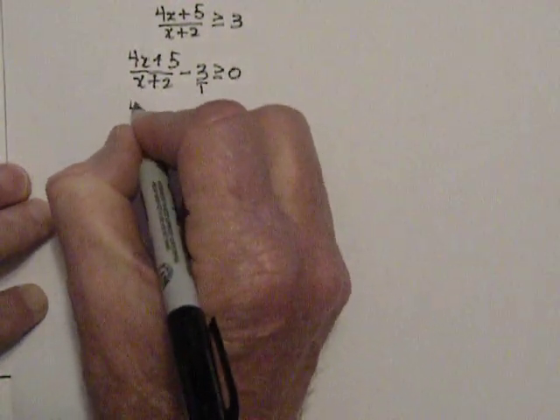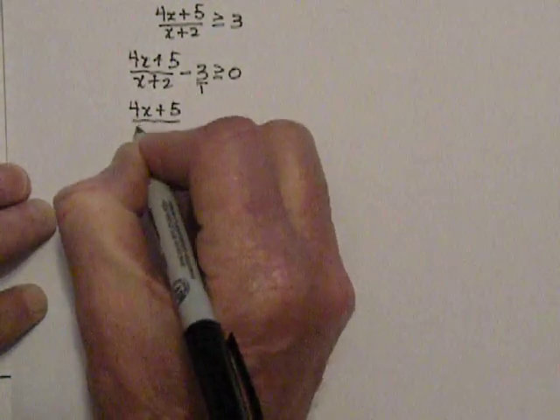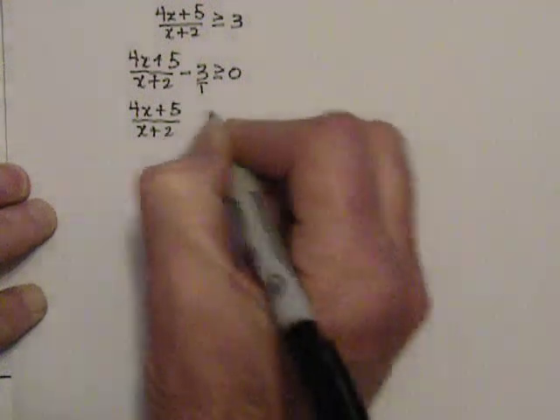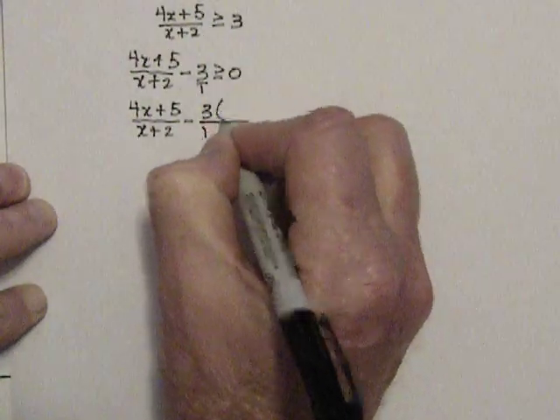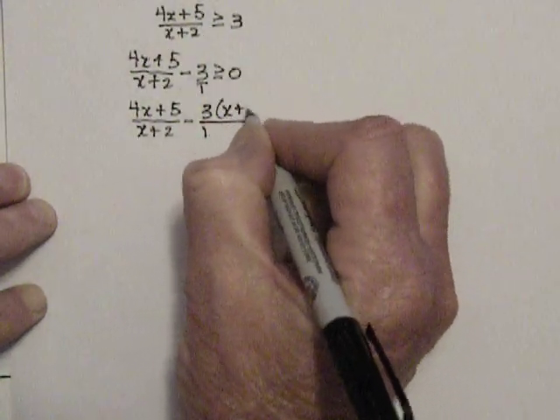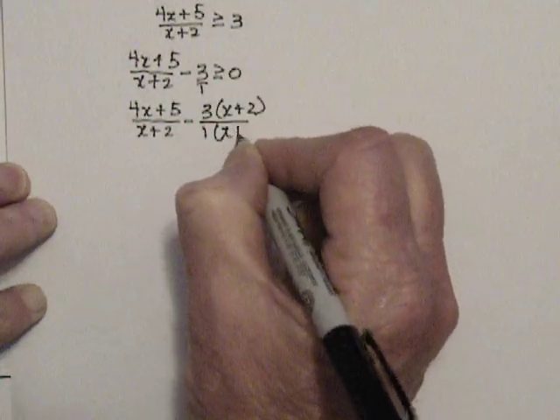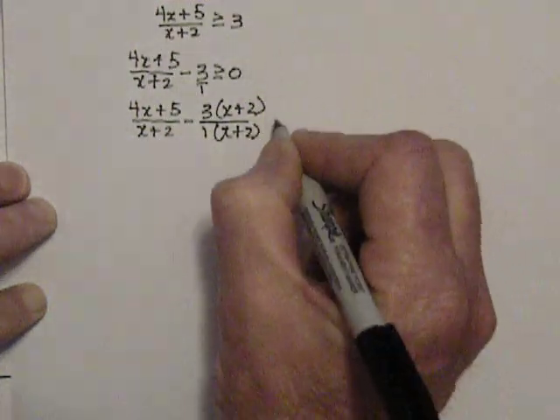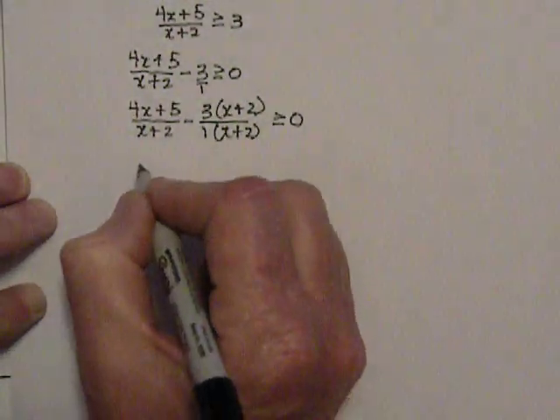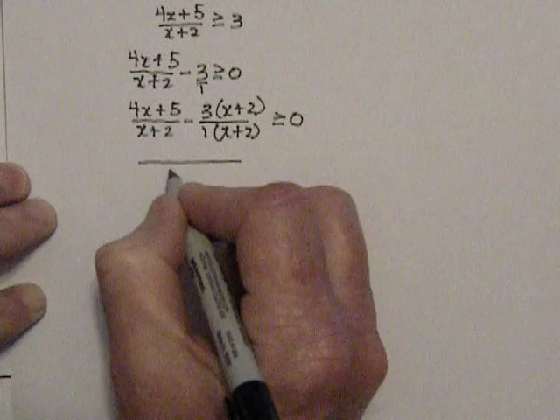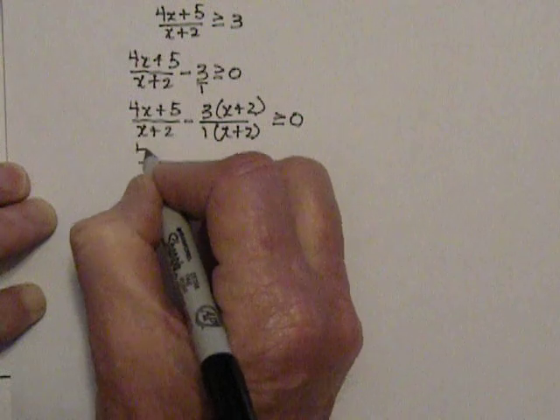So what I'm going to have is this, 4x plus 5 over x plus 2 minus the 3 over 1 times the x plus 2. As we said before, the denominator is missing the x plus 2, so I've got to multiply that denominator by x plus 2. But that means I've also got to multiply the top by x plus 2. So what we're going to have now, I'm just going to speed this up just a little bit. The 4x plus 5